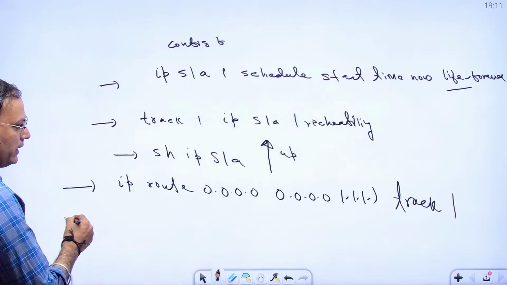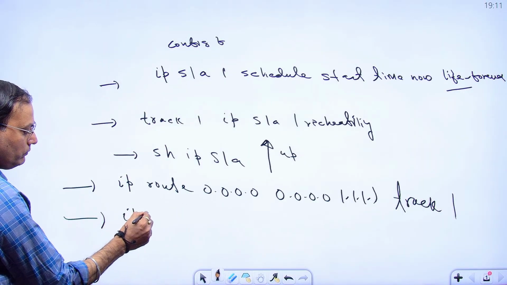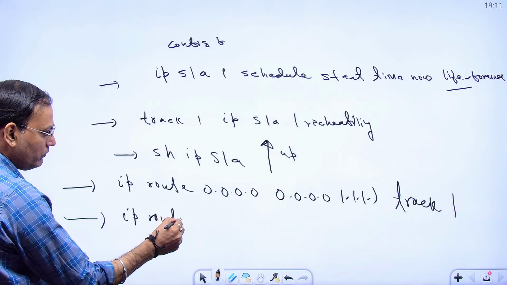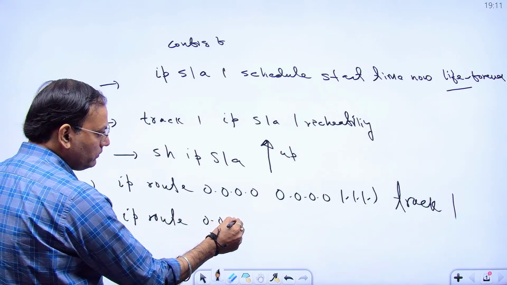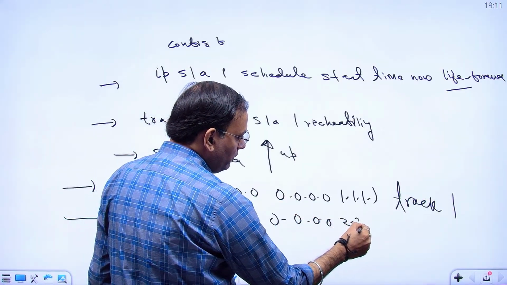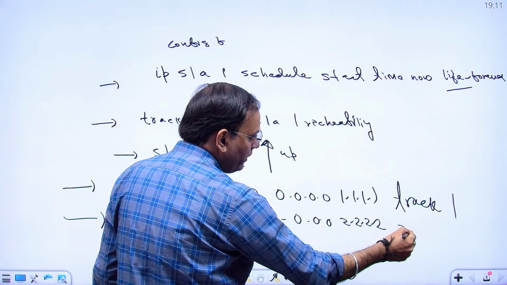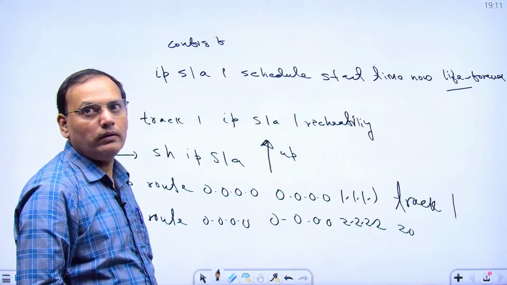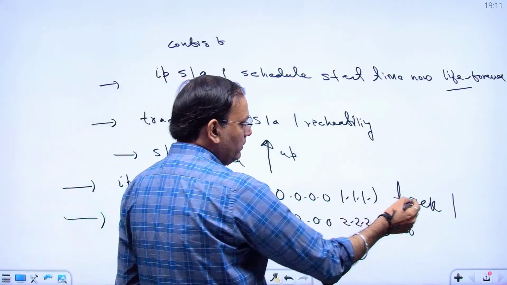Configure your second static route, the Bharti one, with AD of 20. Now the importance of this track 1,